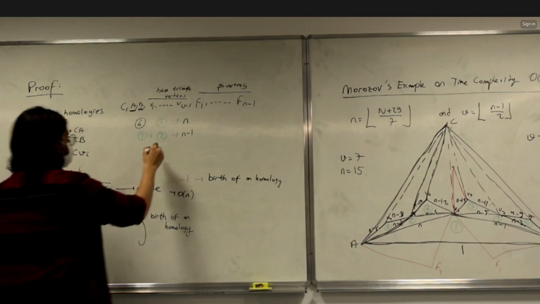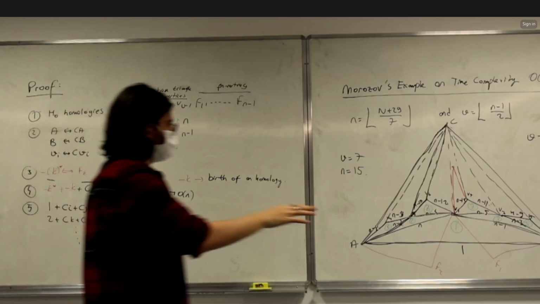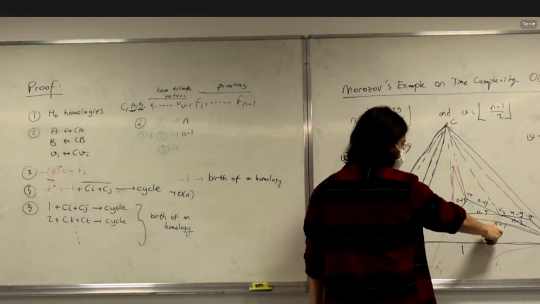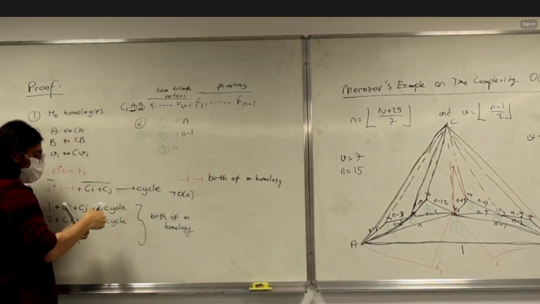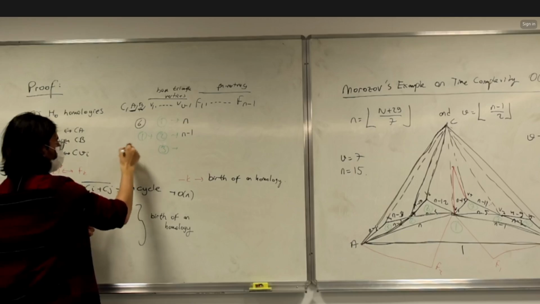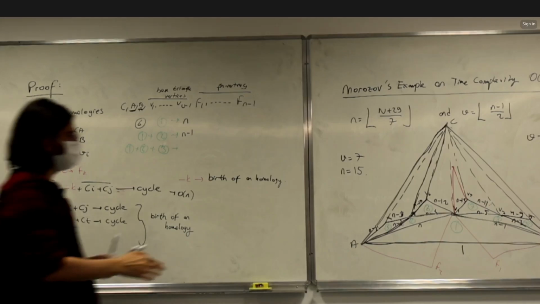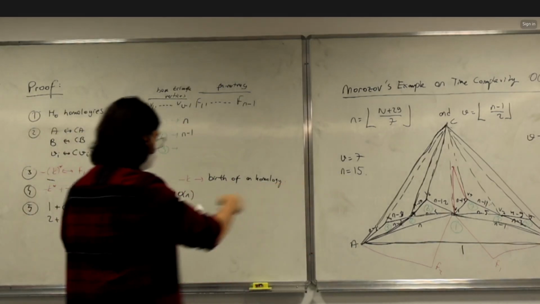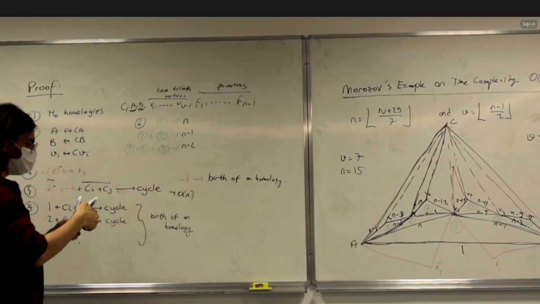So when we look at the tree, we will see that the low of it is n minus 1, which has already been taken before by 1 plus 2. So we need to add 1 plus 2 to 3. But when we add that, now the low of 3 is n minus 2. And this will go on